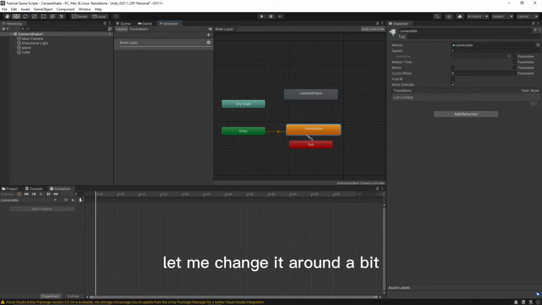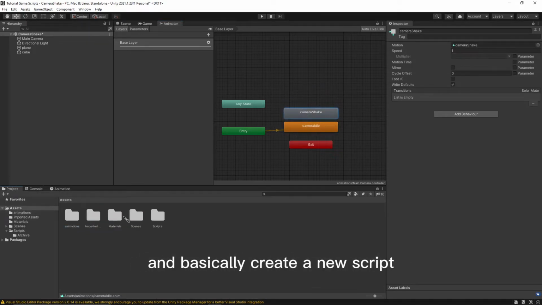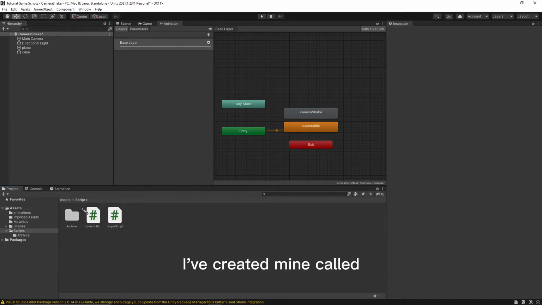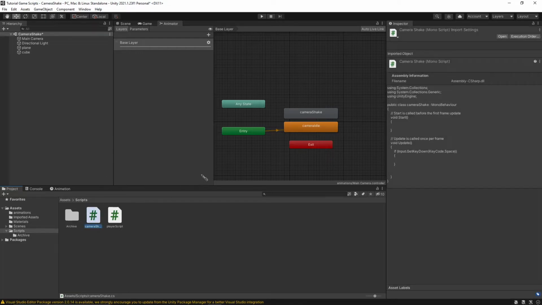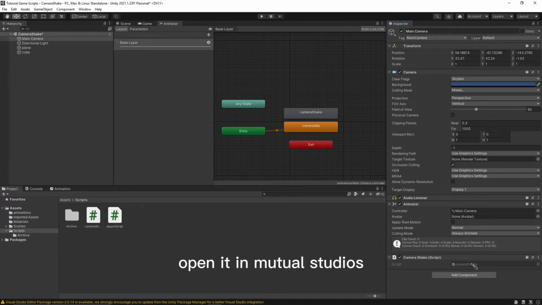Let me change it around a bit. And what you want to do is go to projects and basically create a new script. I've created mine called camera shake. Basically just connect it up with the camera and simply drag it in. Open it in Visual Studio,